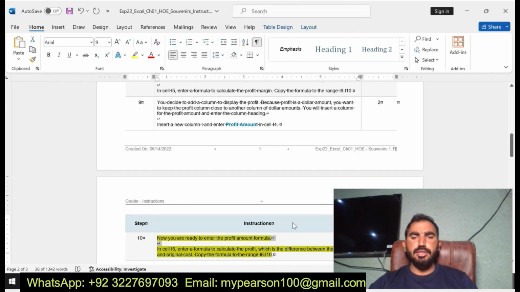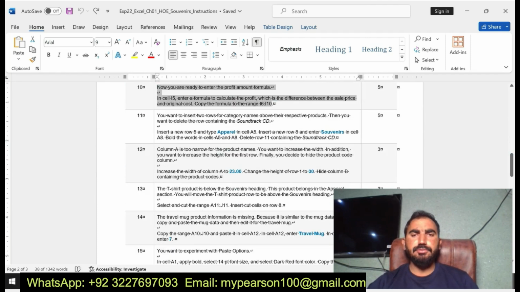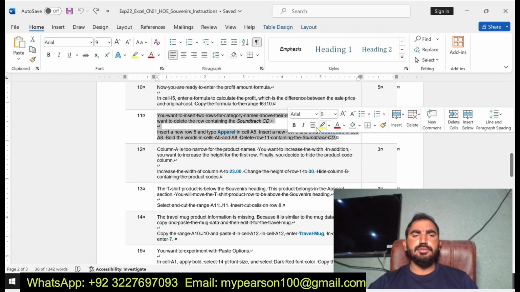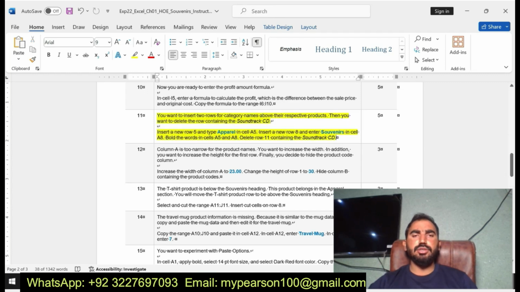Now I fill the formula in the other cells from I6 to I10. I find the values for my other cells. My next step is step number 11. You want to insert a row. Insert a new row 5 and type